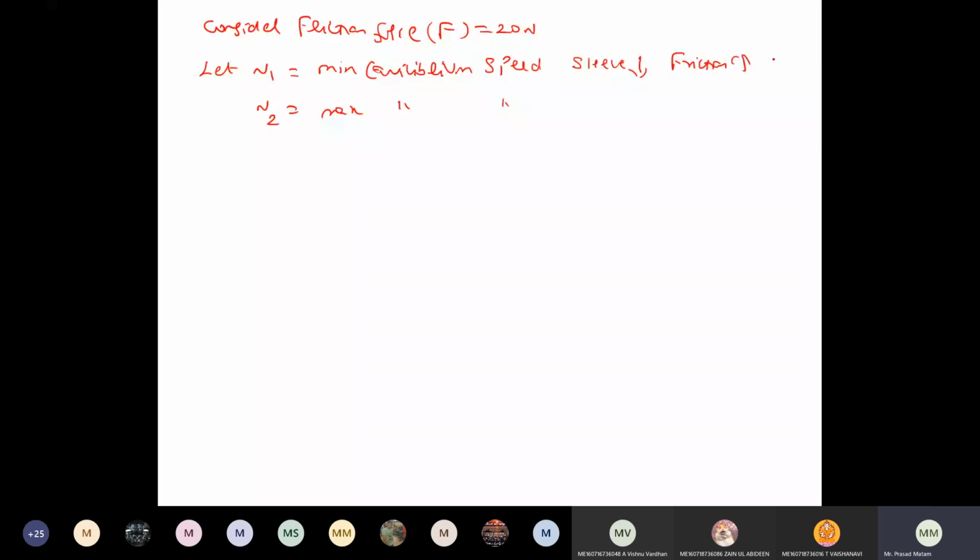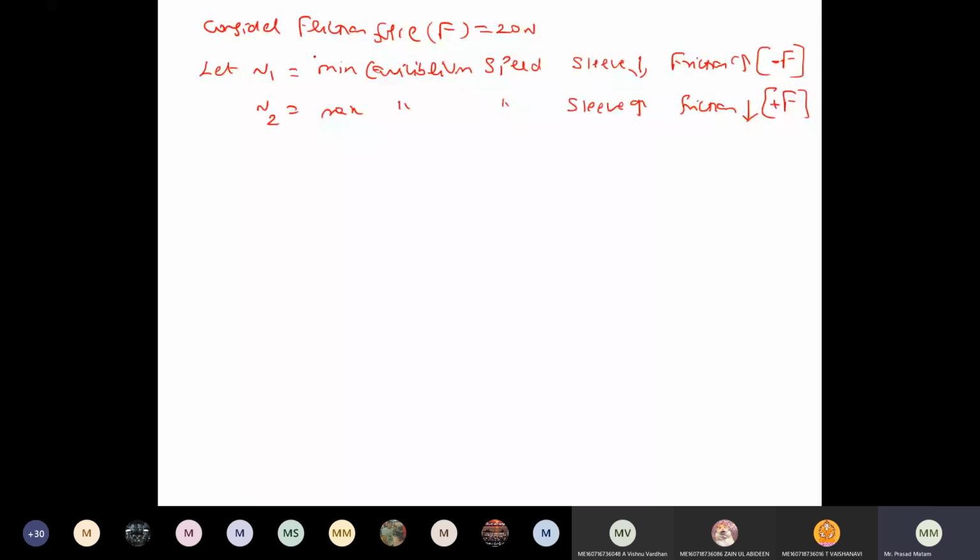Now we need to take a plus sign or minus sign here. So we have to take the minus sign. That is what I solved yesterday. When the friction is acting upwards in this kind of problem, we have to take the minus sign. Now when the sleeve is moving upwards, friction will act downwards. Here we have to take F as a positive value. Here we have to take F as the negative value.